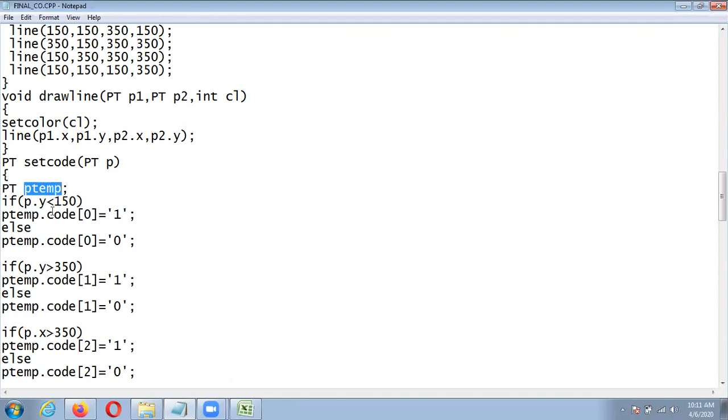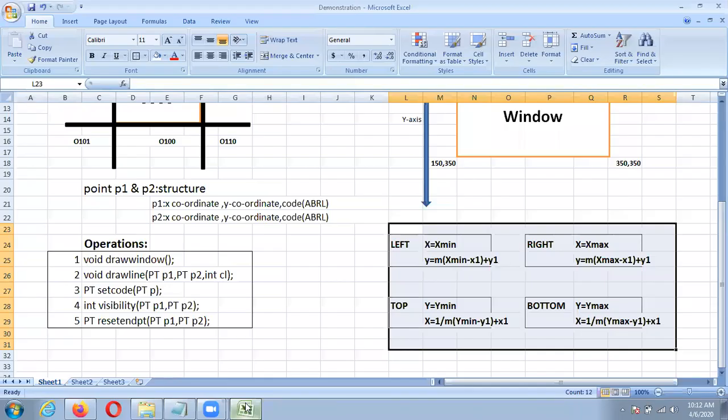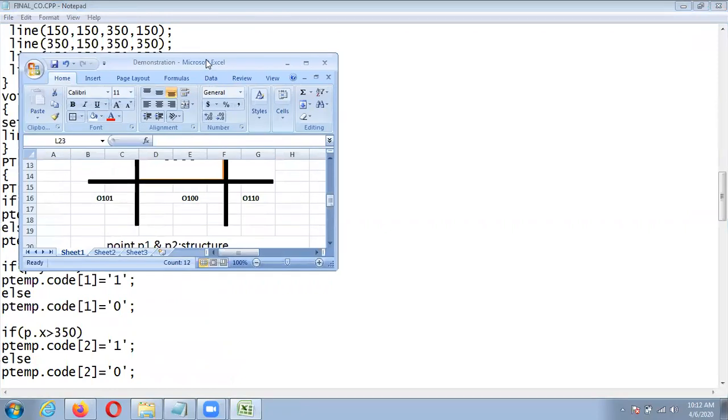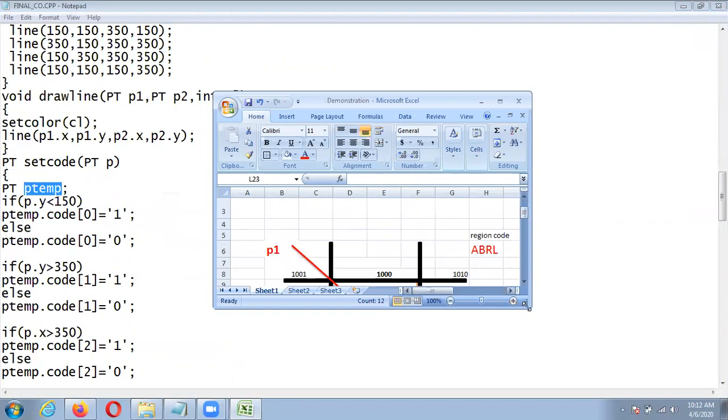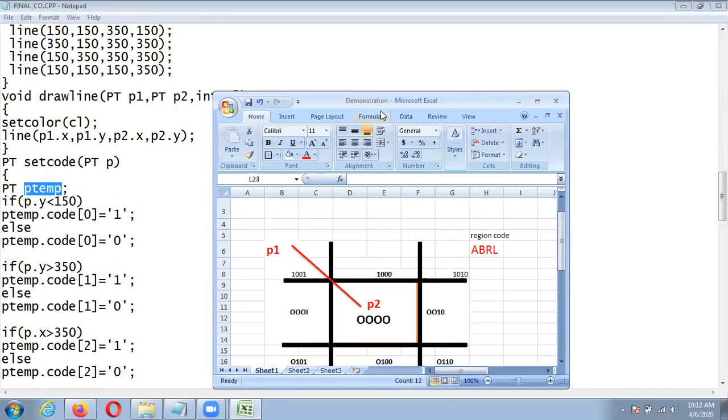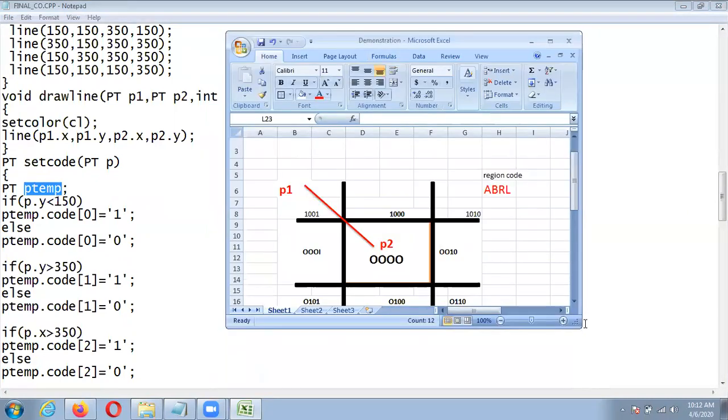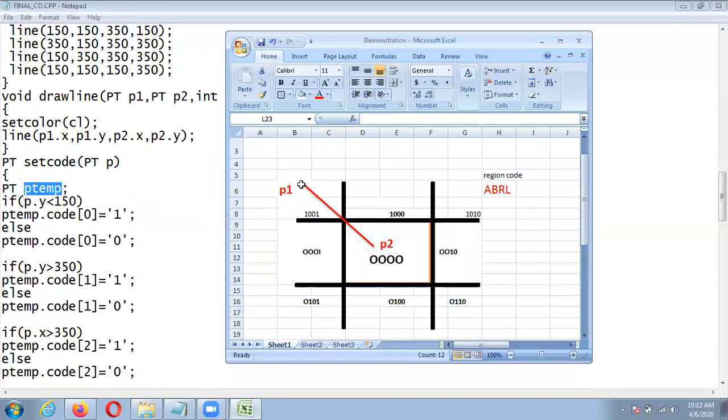So now here, how to set the code for P1? We'll see that over here. Let me zoom in. For P1, what is the code? That is 1001, and for P2 it is 0000.